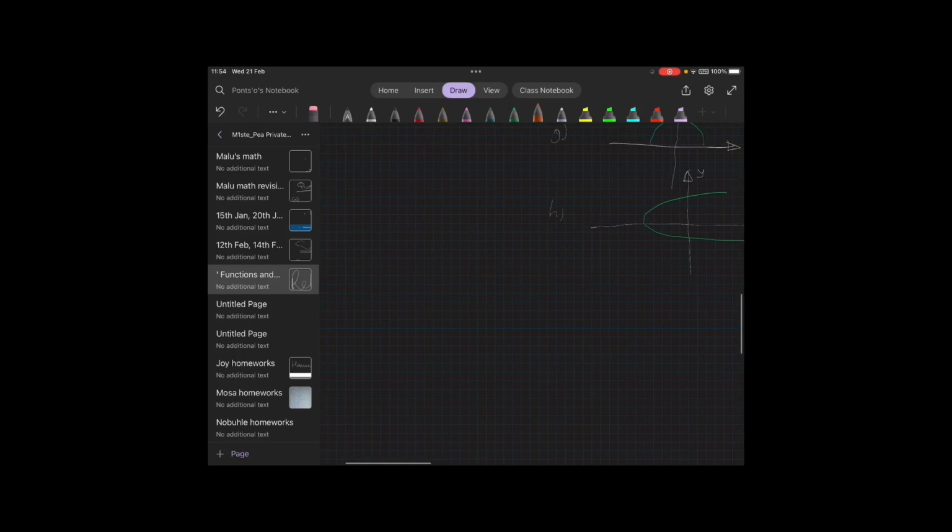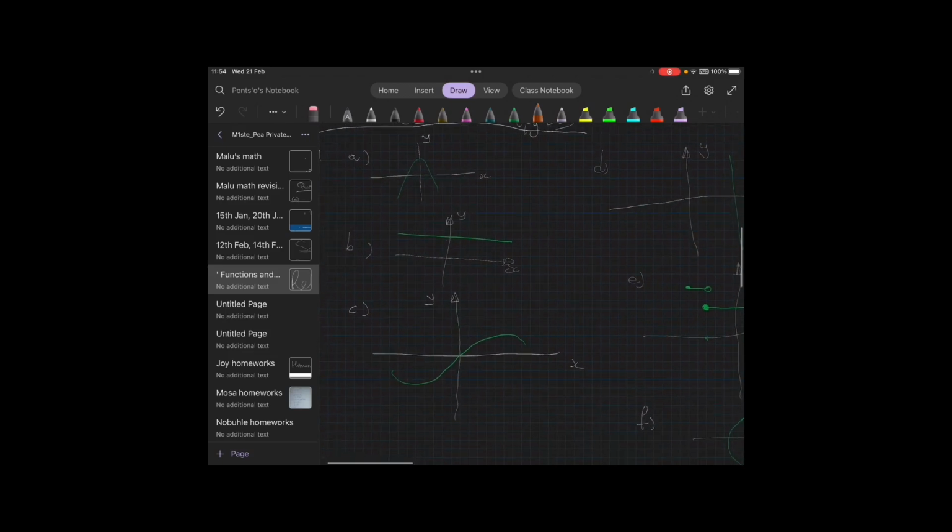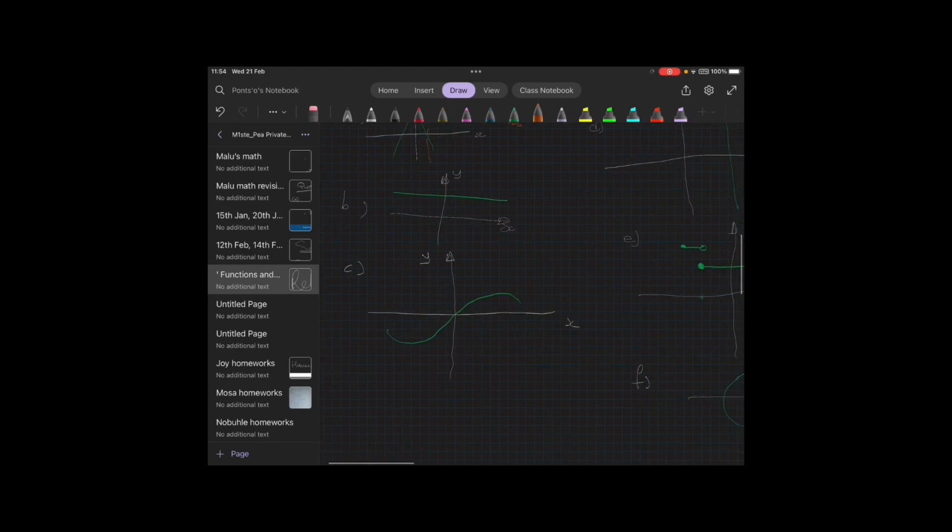We're going to use the color orange to run our vertical line test. Okay, starting with A, which is a frowning parabola. If you draw a vertical line, it's a function. Okay. So just put an orange tick, function. And then B,